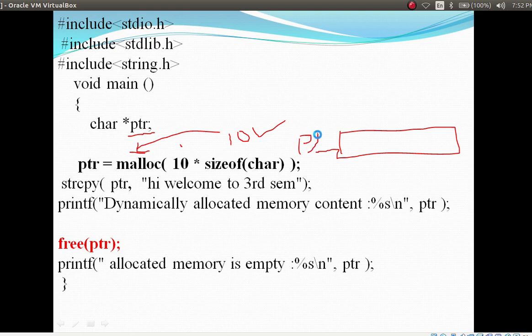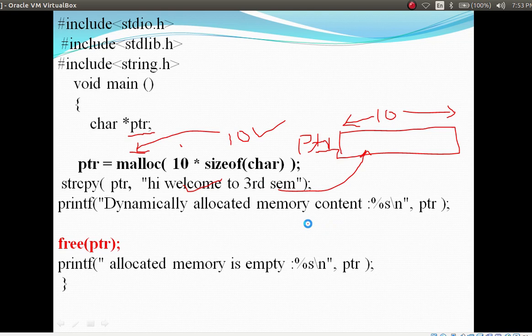The pointer variable has 10 bytes of memory. In this memory, what are we displaying? We are displaying "hi, welcome to third sem". So it is going to display.